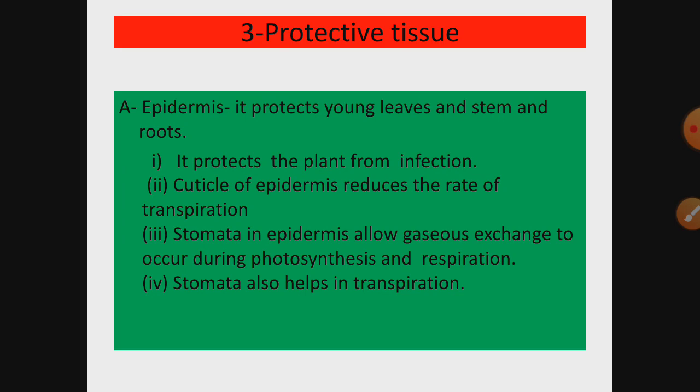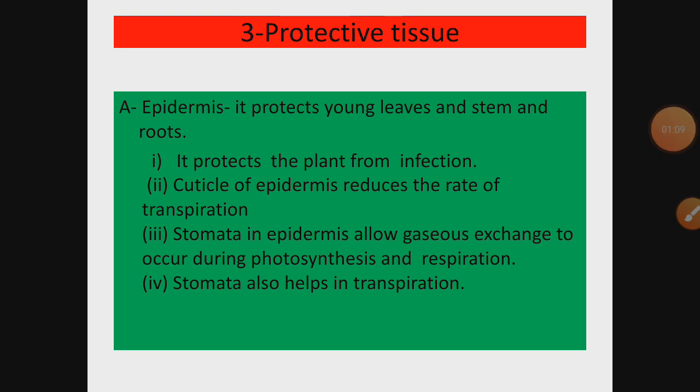If the plant is young, epidermis is there for protection of the young portions of the plant. In the case of old parts like stem or root, if the stem has turned into a trunk, then it will be protected by the cork. So young parts will be protected by epidermis and the old parts of the plant will be protected by the cork, which is also known as phellem biologically. Now let's get started and see how plants are protected by epidermis and cork.